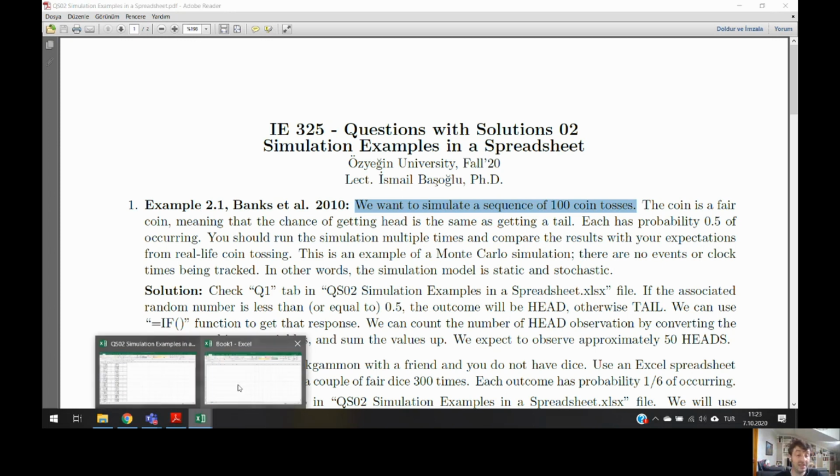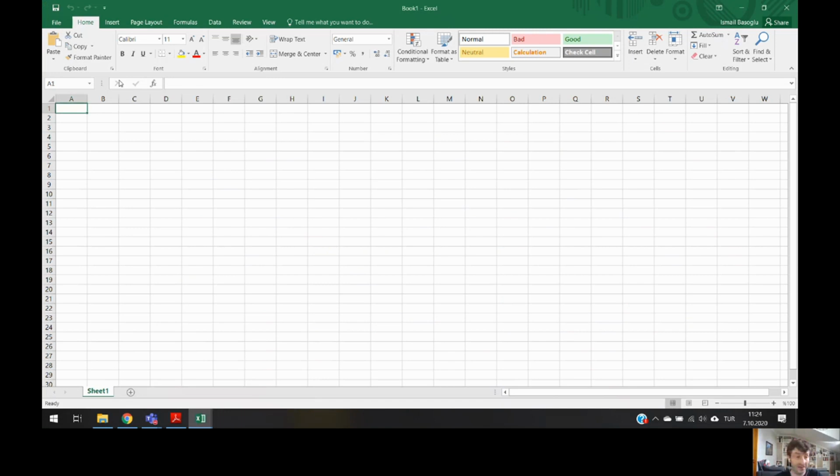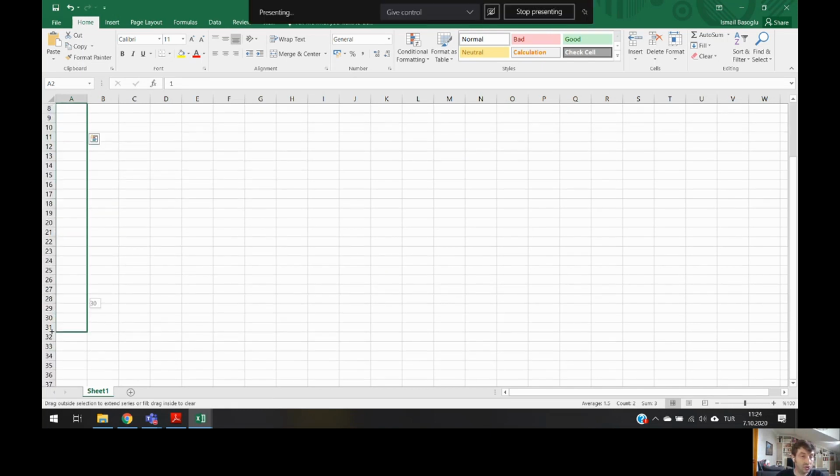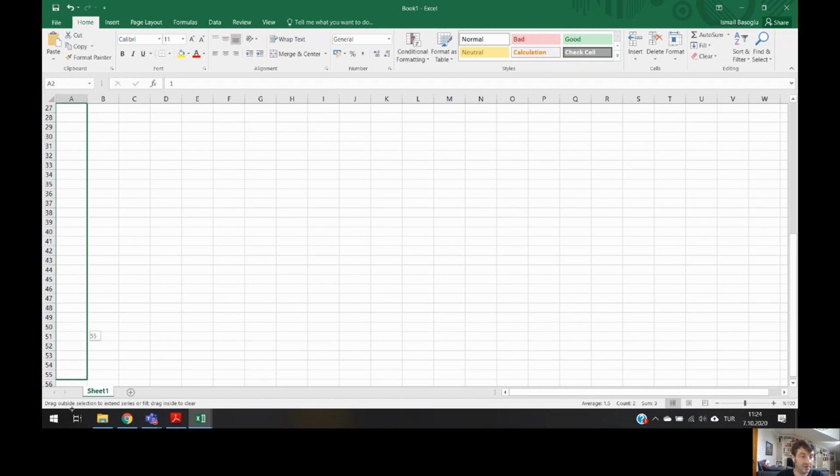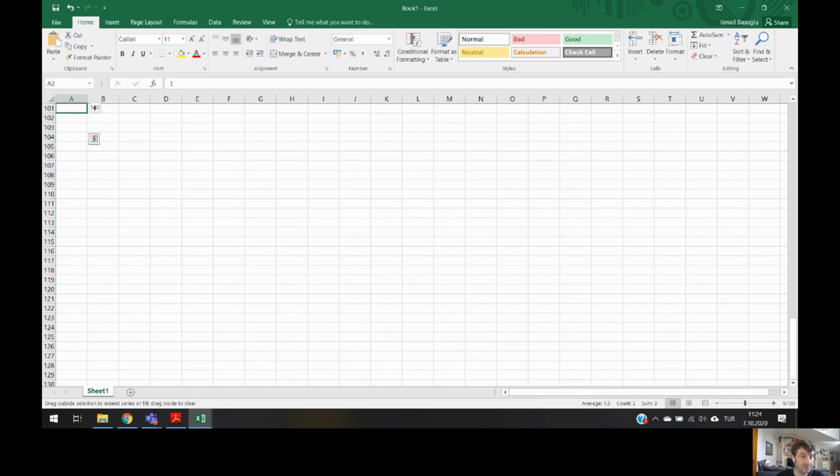Now let's see, we have an Excel file here, which you can see. So I'm just going to write toss here, and I will write the indices of my coin flips, and I am just going to create 100 lines here, not too much. Okay. Here we go. So we have 100 lines here,